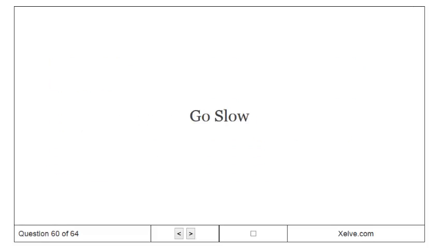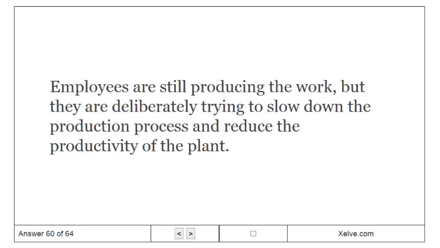Go slow: employees are still producing the work, but they are deliberately trying to slow down the production process and reduce the productivity of the plant.